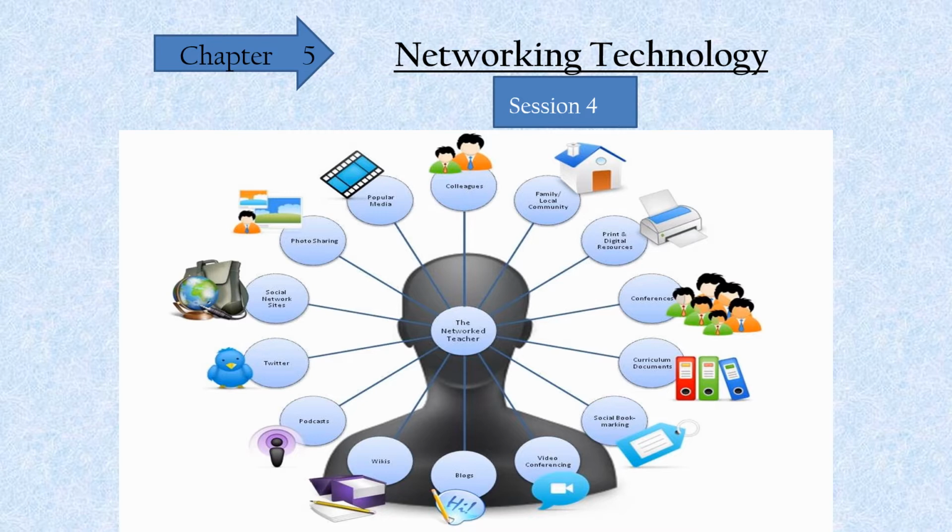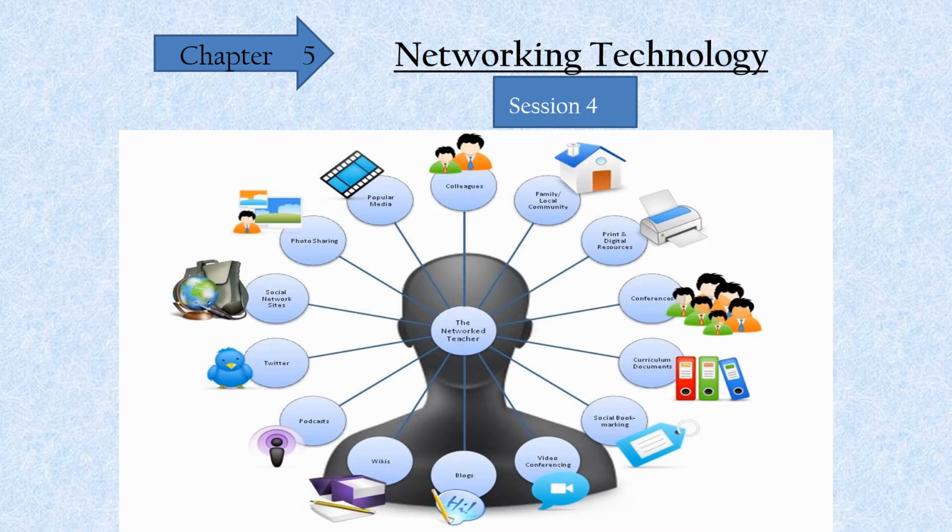In the first session we have seen computer networking, what is networking, types of networking, then networking topology and types of topology. In the second session we have seen the transmission media, the different types of transmission media, wired media and wireless media, then characteristics of transmission media. Then in the third session we have seen the wired transmission media, that are twisted pair cable, coaxial cable, fiber optics cable, and wireless media. They are radio wave, microwave, infrared wave and laser.